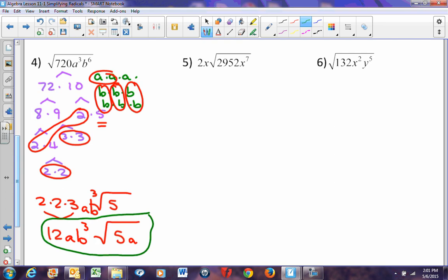Let's look at number 5. Now I have a 2x on the outside, so I'm going to have to remember to take that into consideration after I've simplified. 2,952. Well, I know it's divisible by 2, so I think I'll start there, because at least I know I can do that. That's 2 times, let's see, 2,952 divided by 2